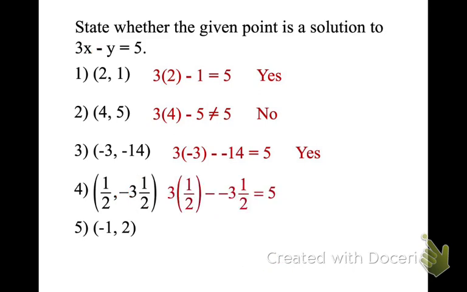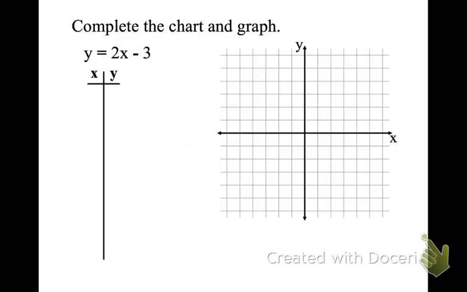Okay. Next one, negative 1. That would be negative 3, and negative 2 makes negative 5, so it's not a solution. So that's part 1 of your homework. Part 2